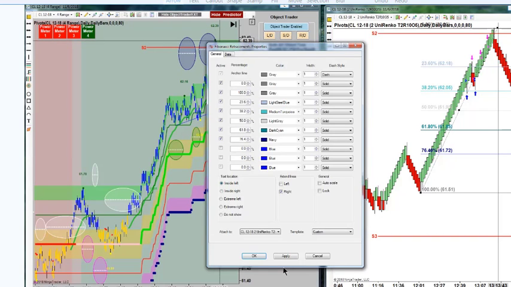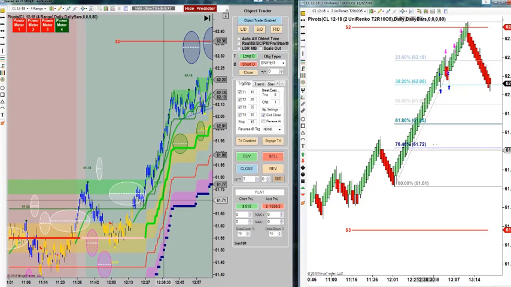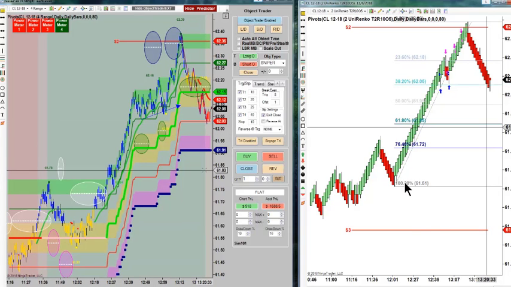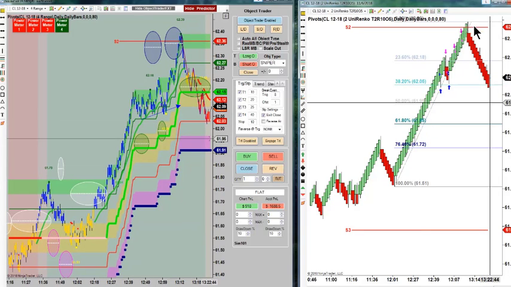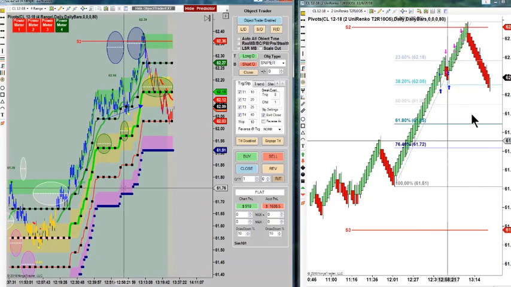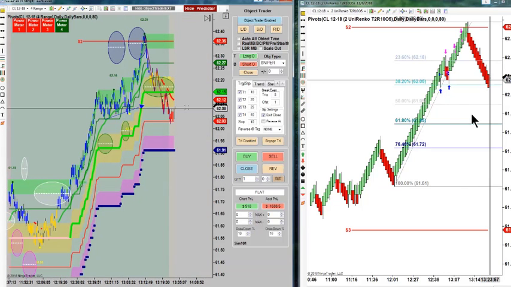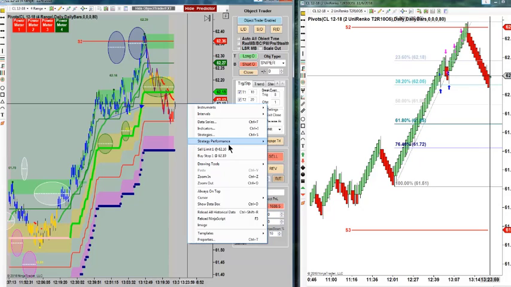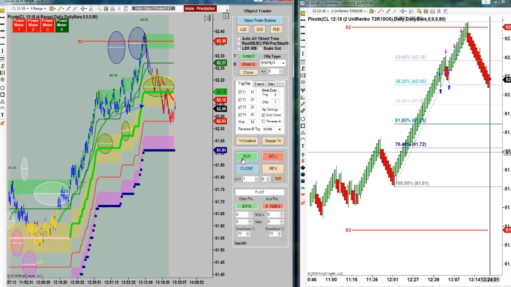Here I drew a Fibonacci in this right chart. I drew it all the way to the top and it retraced to 38%, and then I believe it starts bouncing back up again. 38% is one of the retracement points you look for. If it goes really deep, it goes down to 61%. But I did a trade here.